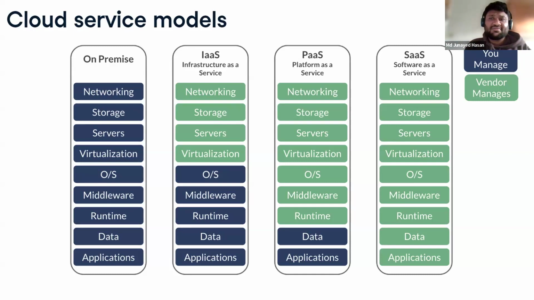And SaaS is software as a service, so here you do nothing actually. That's the complete cloud ecosystem, like Azure Cloud or Amazon Cloud. So what happens? Each of these services, when we go to Microsoft Azure or Amazon AWS or any other cloud platform like Google, they sell everything separately, right? So if they sell everything separately, you can buy whatever you need. If you go to the full ecosystem, that means you're buying everything. You don't own anything actually. So that's interesting.